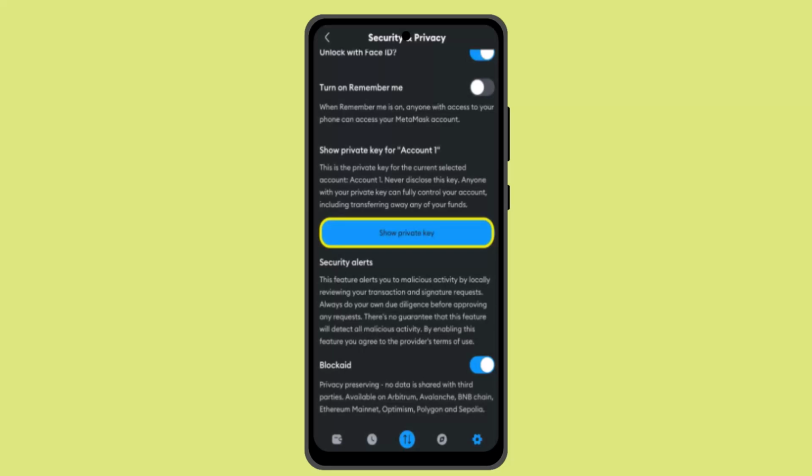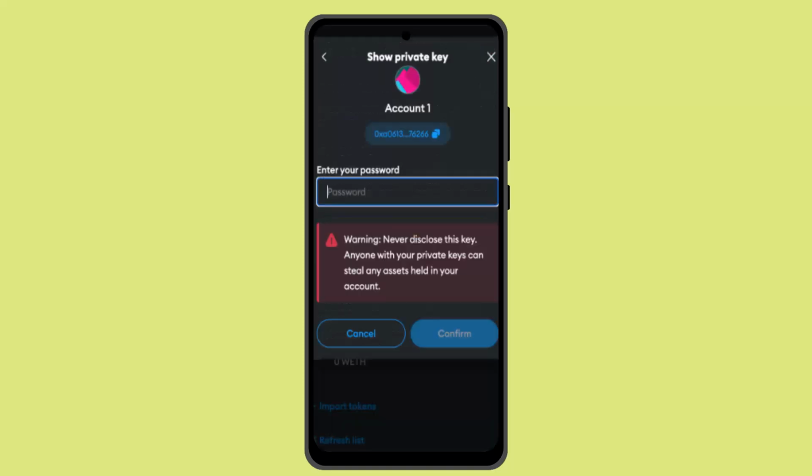As soon as you click security and privacy, you'll be able to see this field where you can go ahead and select the option that is show private key under the show private key for account 1 or the account. Select that. Next, you have to go ahead and enter the password for the identity or for the verification